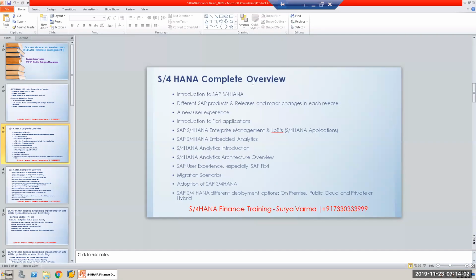We'll understand what the architecture of analytics in S4HANA is, what the changes are from our regular ECC system, and what new functionalities with regard to analytics are given in S4. And then we'll also discuss the user experience, how we can leverage S4HANA SAP Fiori for addressing the user